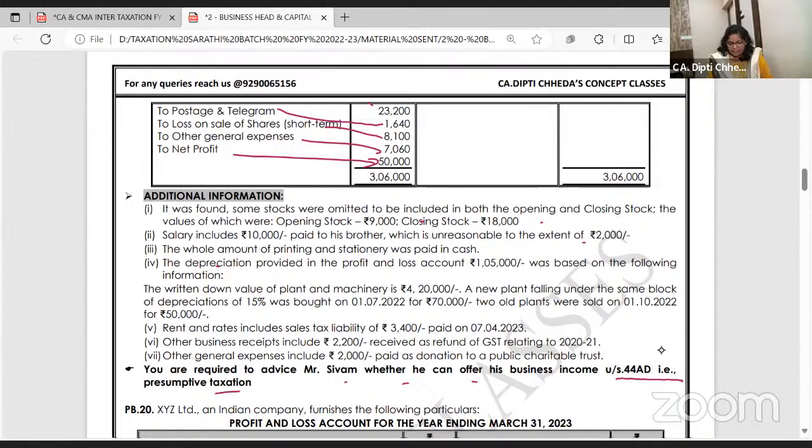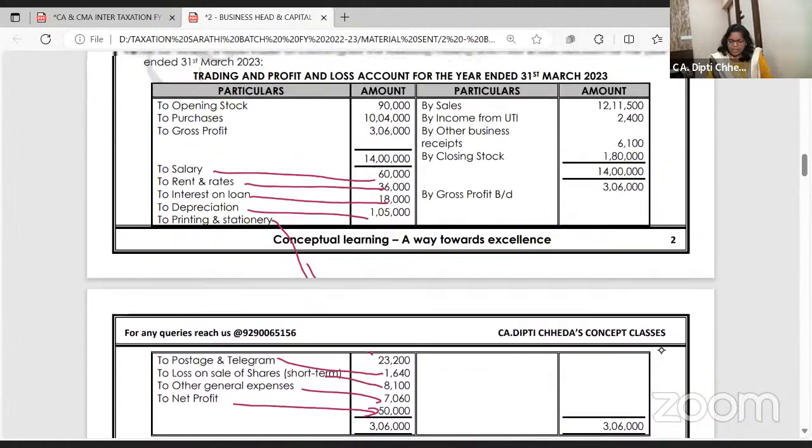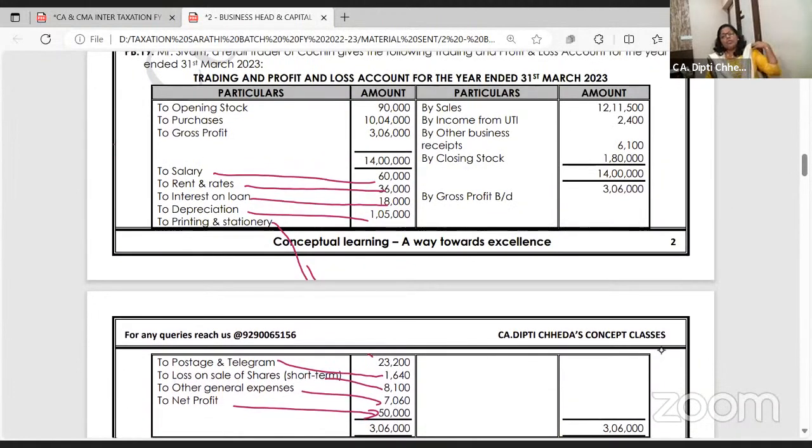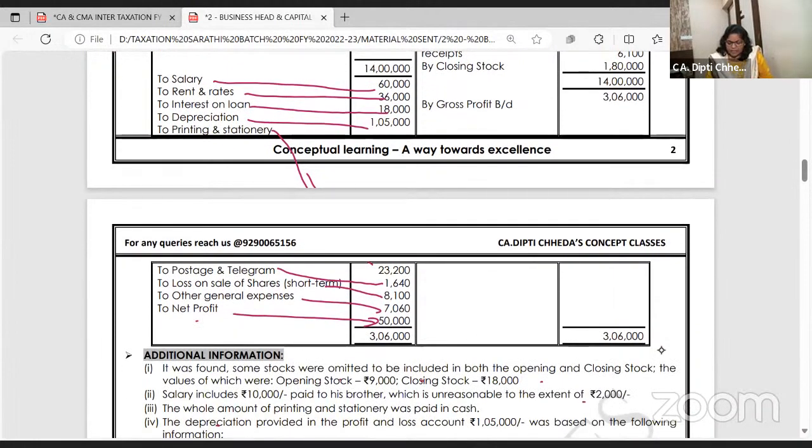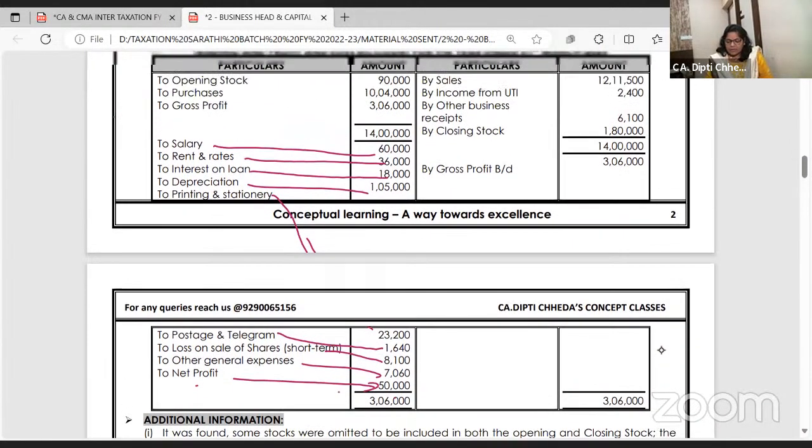I have not studied 44 AD. So can we first compute business income for Shivam? Yeah. Now, how do you read this problem in exam to save time? Listen very carefully. My next 10-15 minutes explanation. Start with net profit 50,000. In the credit side, whatever is kachra, what is kachra? Income which is credited but it is not related to business. What do you do? Take it out.